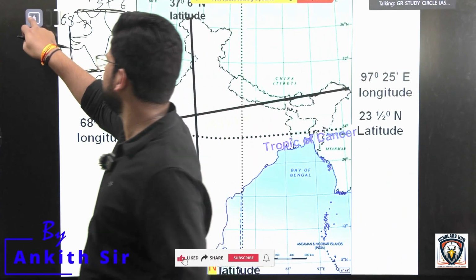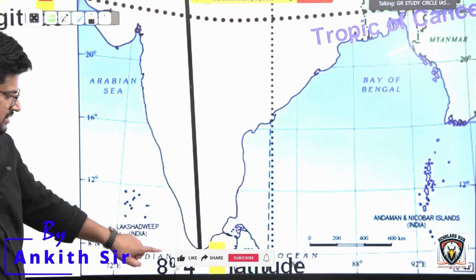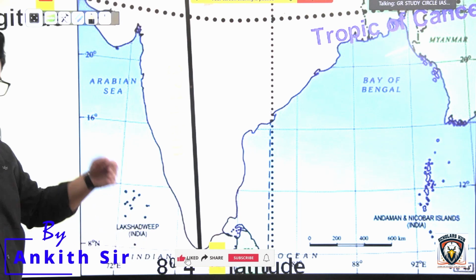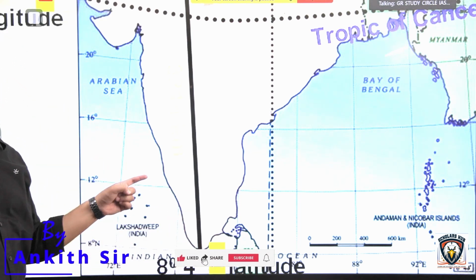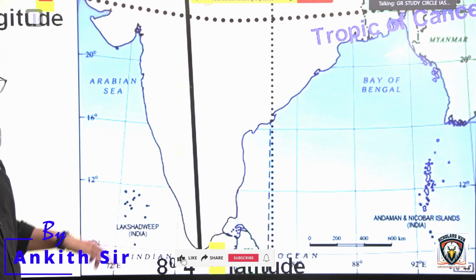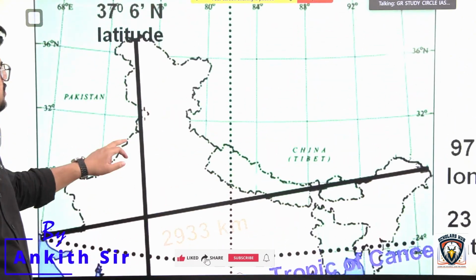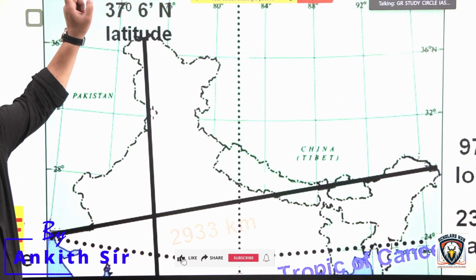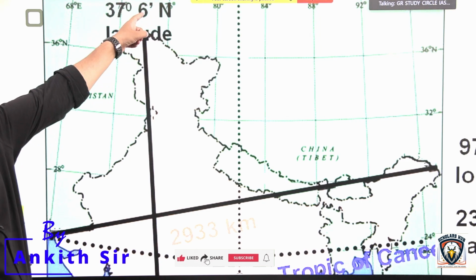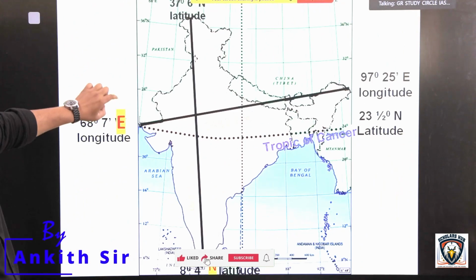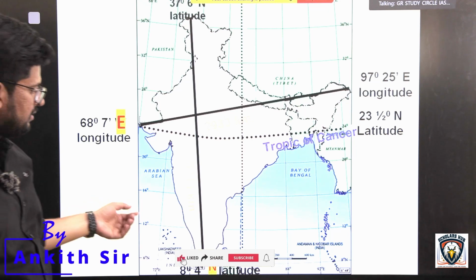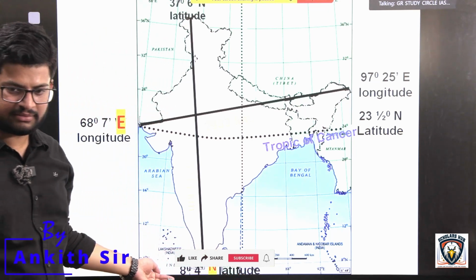So you can notice here, what is the eastern longitude of India? The southern latitude of India is 8 degrees 4 minutes, but you have to indicate it with the letter N, for the northern hemisphere. The northernmost latitude of India is 37 degrees 6 minutes, and you also have to indicate it with N, north. Now one point to remember is that the mainland of India is at 8 degrees 4 minutes,